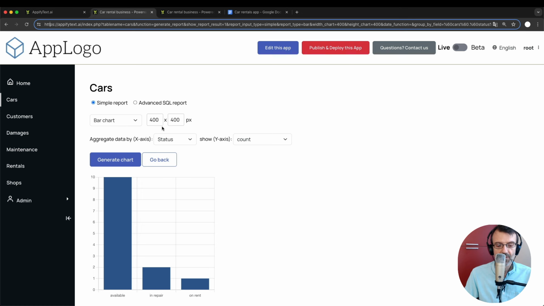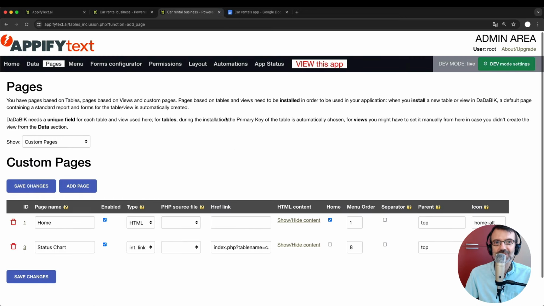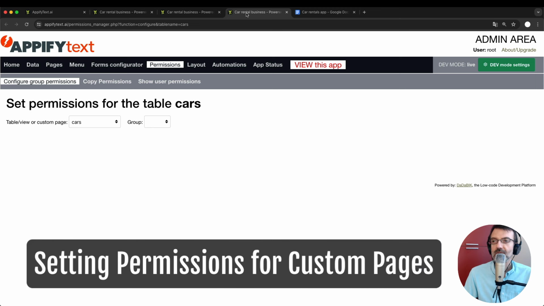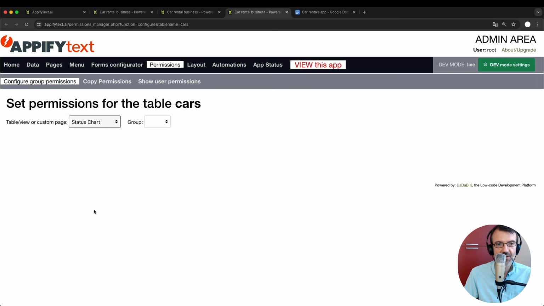Let me show you the application. Let me reload the application. As you can see, the page has not been added yet. Why? I need to introduce yet another part here, the permissions tab. With the permissions tab, we define who can see what in terms of pages. So, status chart,